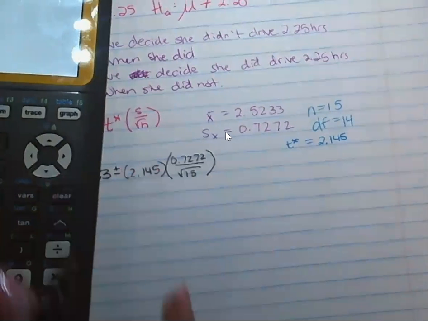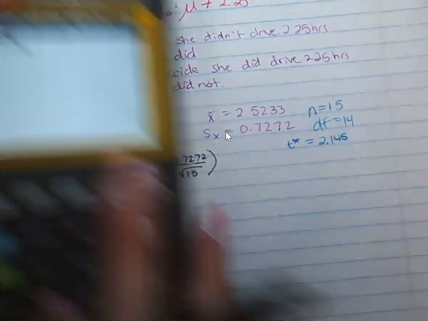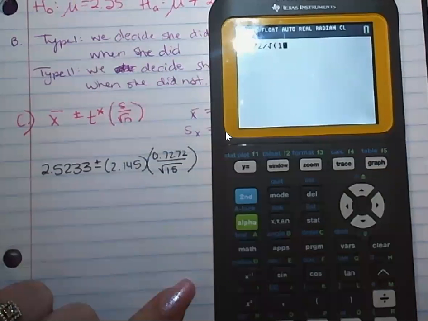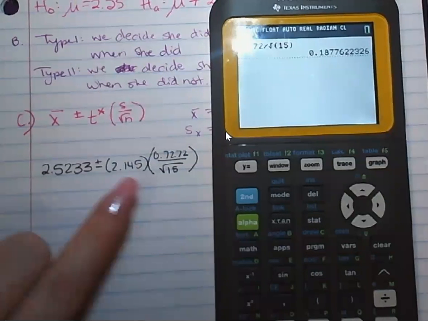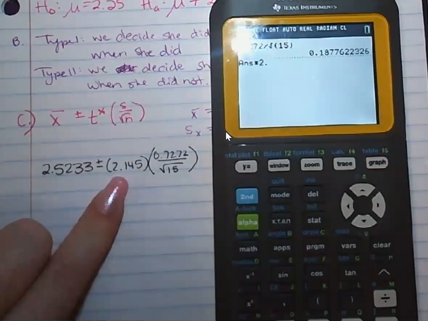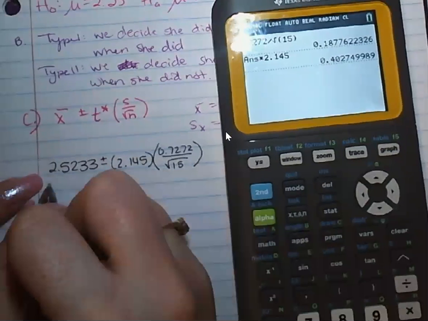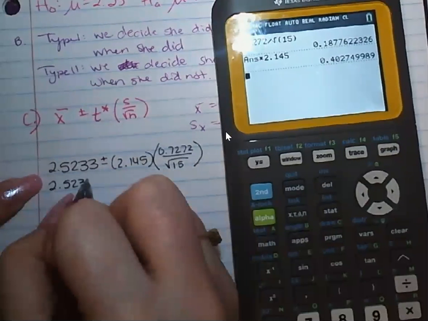0.7272 divided by the square root of 15, times our T star, gives us that margin of error. So I'll write that in. So we have X bar, our estimate, plus and minus our margin of error,